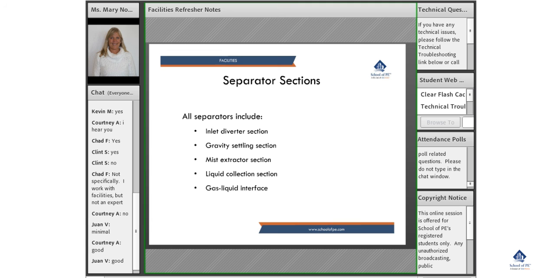And then the gas liquid interface, I guess it's not really a section, but it's something you have to be concerned with. There's different types of equipment that